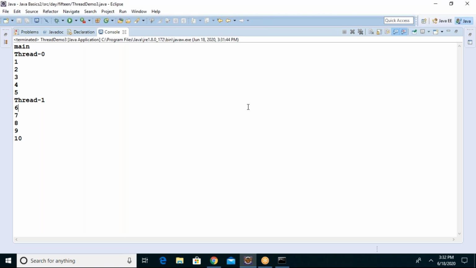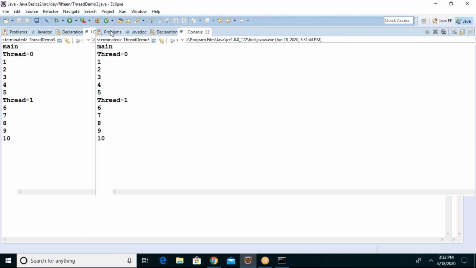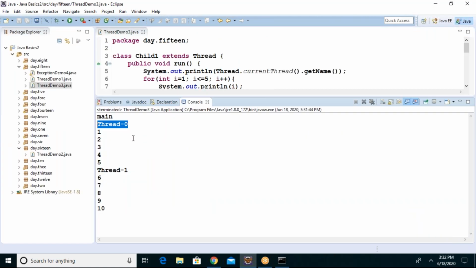3. 3 different threads, but according to my discussion in the last session, one thread, the processor will spend some time with thread 1, then switch to thread 2, then again come back to thread 1, then thread 2.